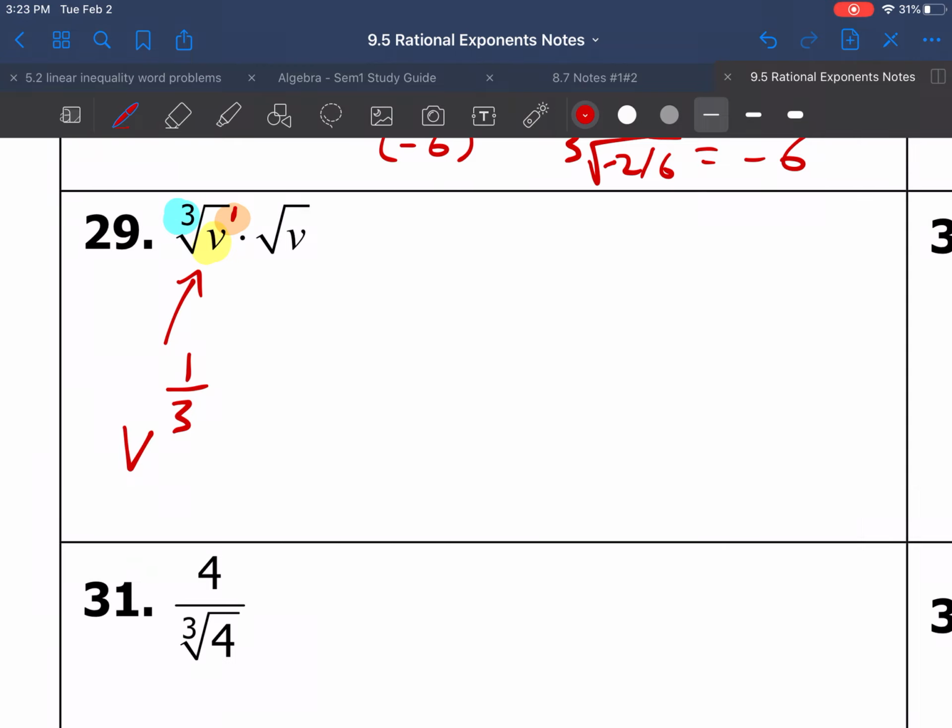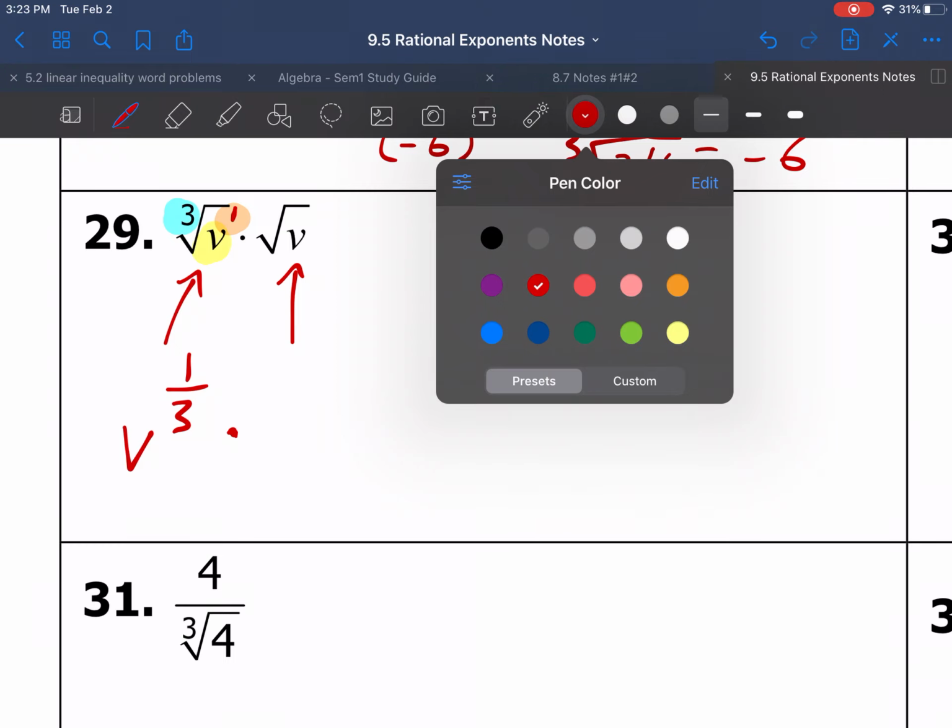Because of the locations. The blue is always the denominator, the orange is always the numerator. And then I can multiply. I can do the same thing with this one. Check the locations. This would be a,